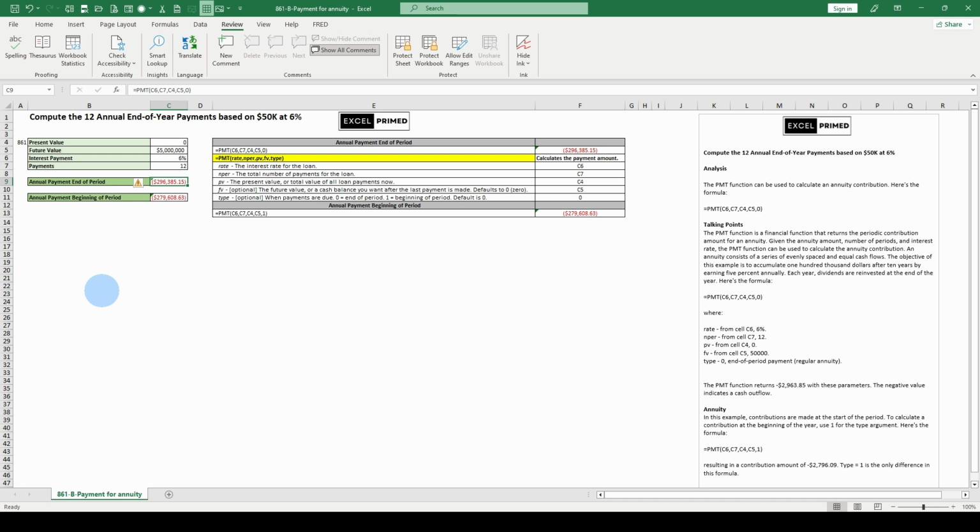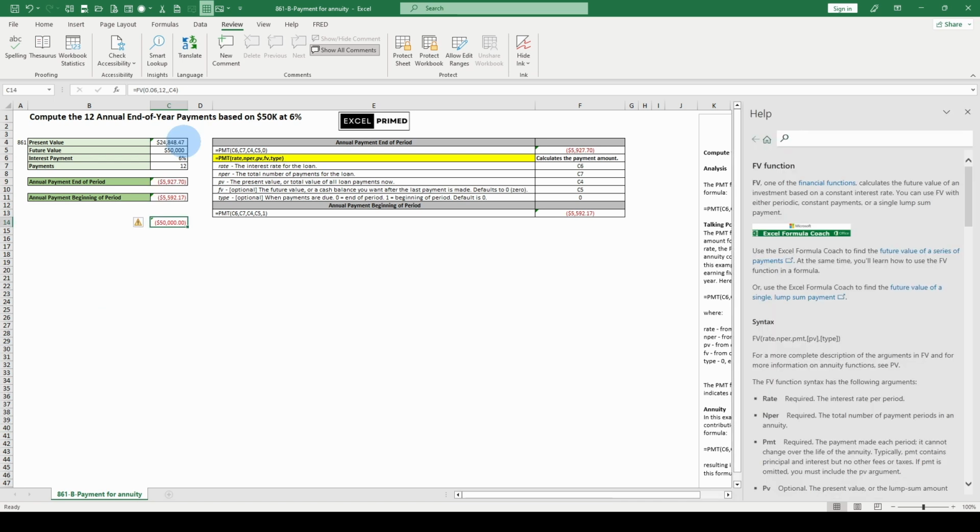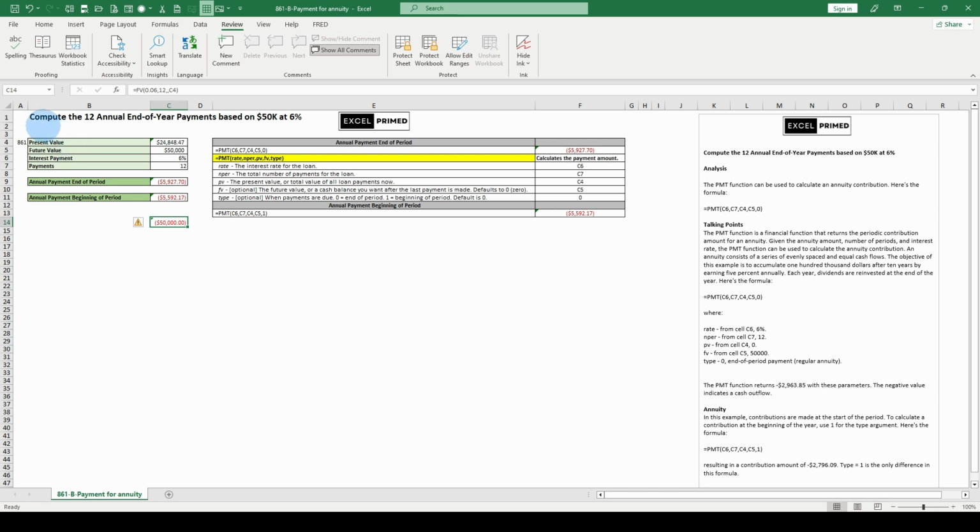297 times 12 is 3,564,000,000 bucks. I guess this question should be reframed. It should be: compute the 12 annual end of the year payments based on 50K, based with the starting